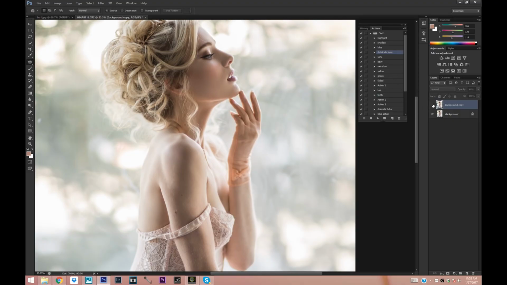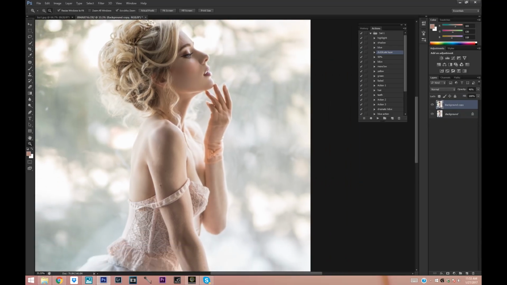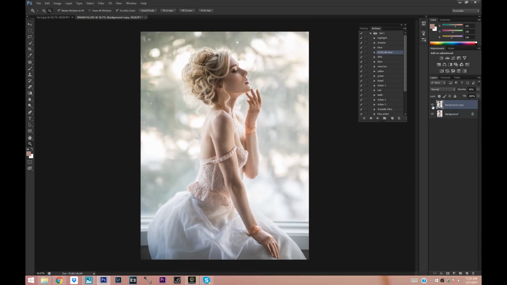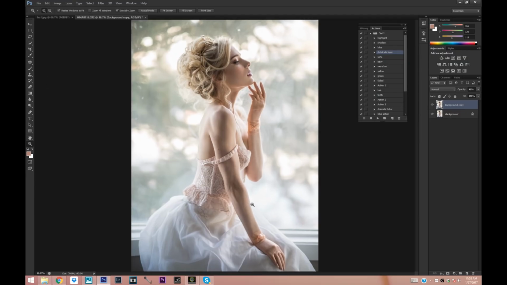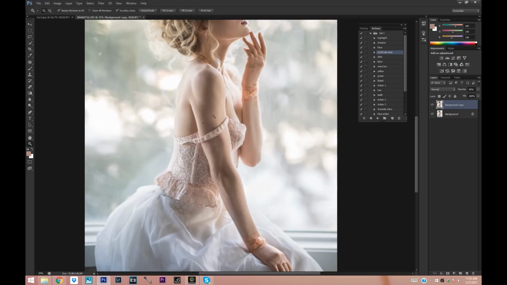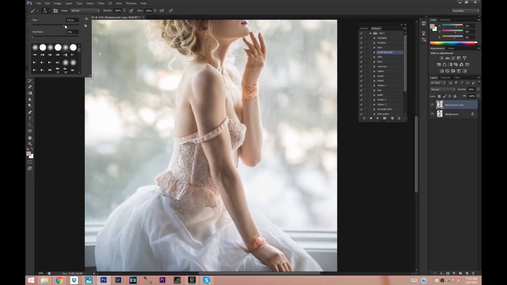Alright, I think that actually looks pretty good. I don't think we really need to do anything else on the skin on the face here. I'm just gonna also kind of get rid of some of the texture on her arm. So I'm just gonna choose the color here with the sampling tool and then just brush on that color